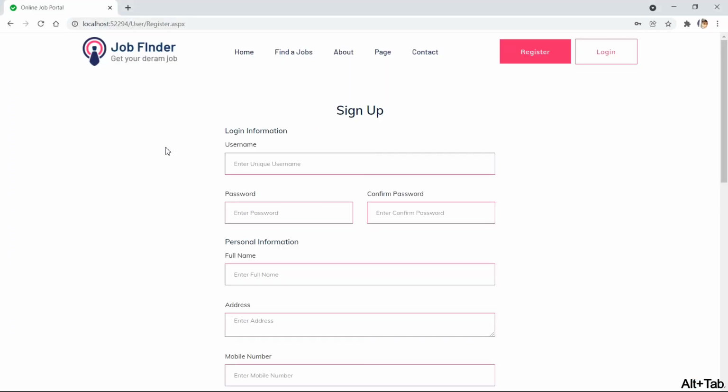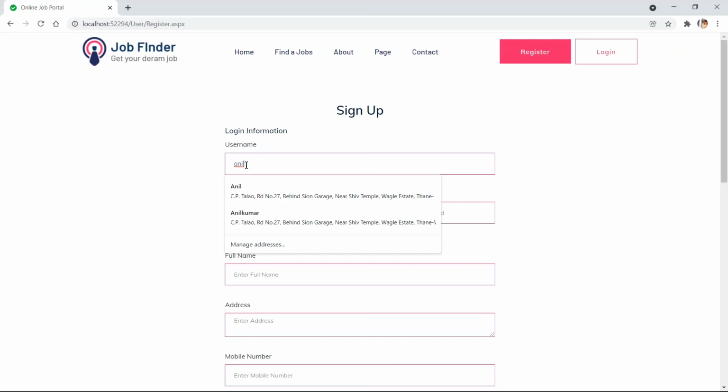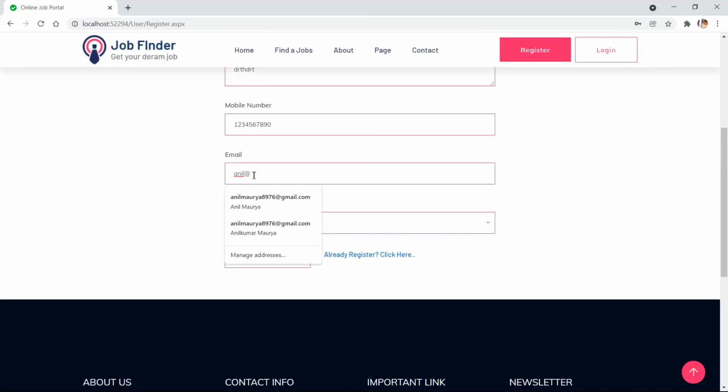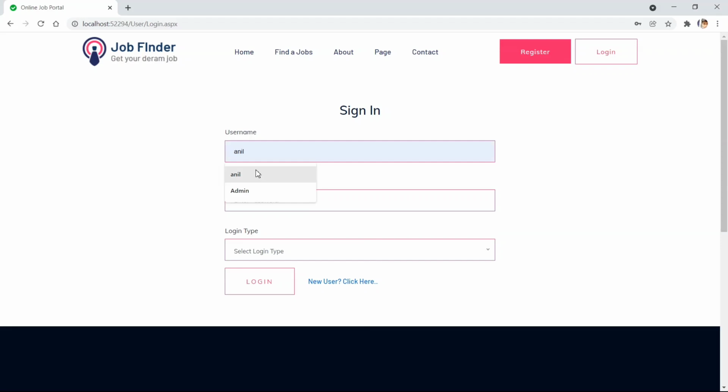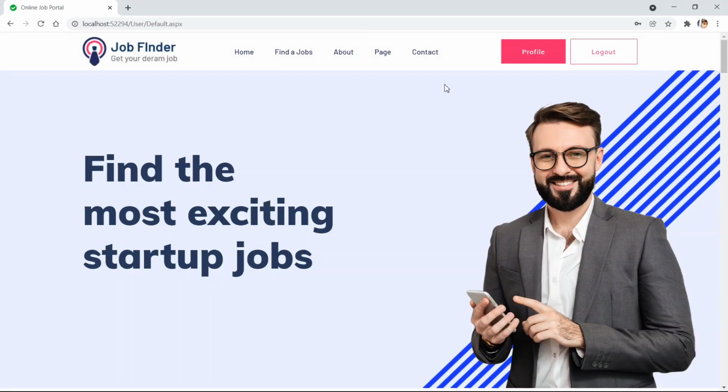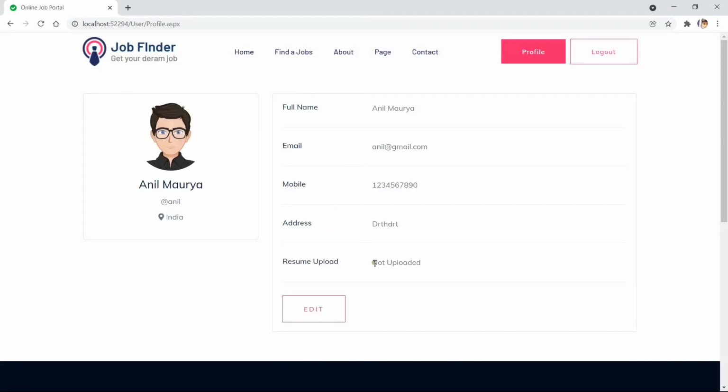We don't have any user, so now let's go to login. Go to profile. Right now we didn't upload our resume, so let's go here to edit and upload one resume.